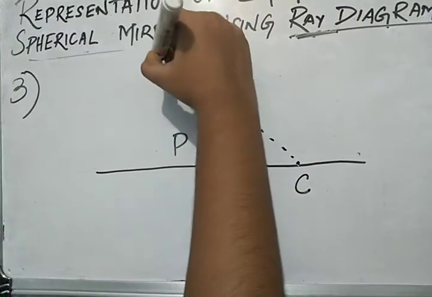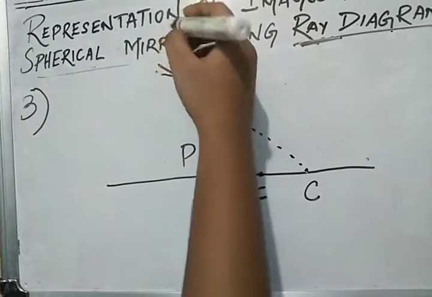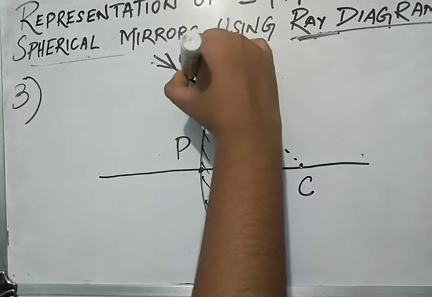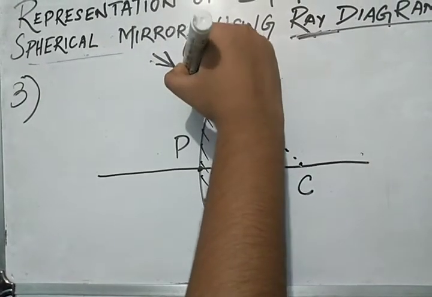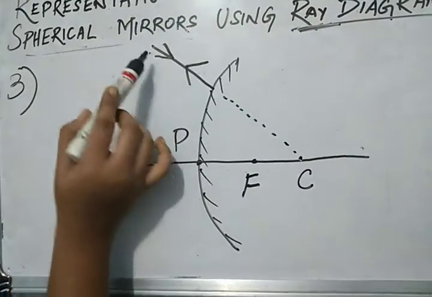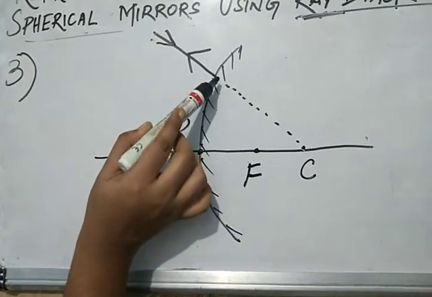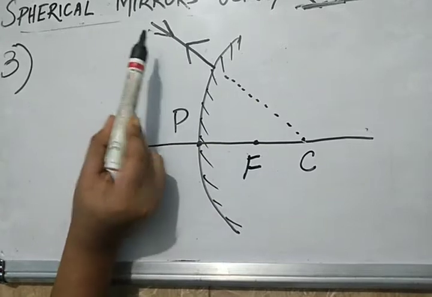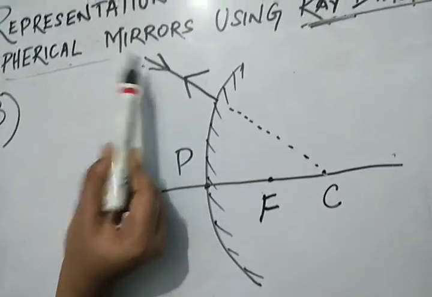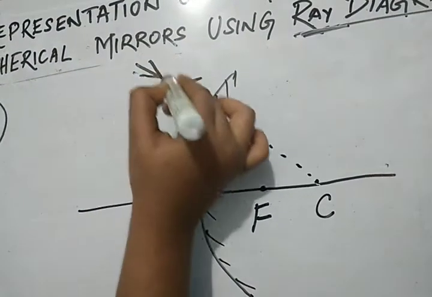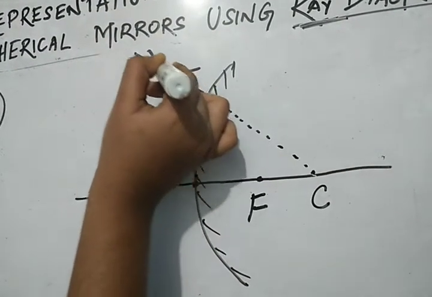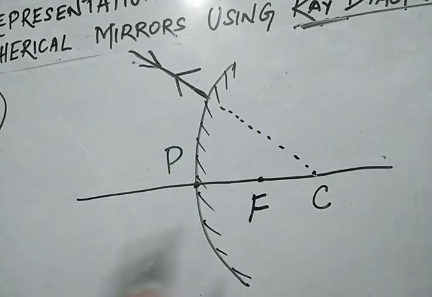This is my incident ray. After incidenting, again it retraces back. After reflection, it retraces back along the same path. It incidents on the mirror and it appears to be coming from here. So after reflection, it retraces back the same path. This is the incident ray. Again another reflected ray, it retraces back the same path in case of